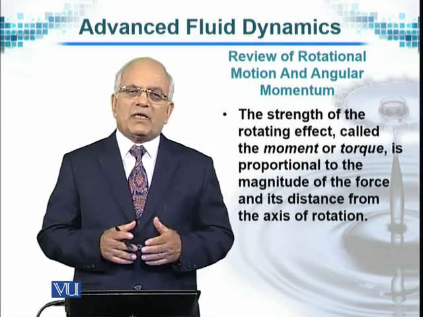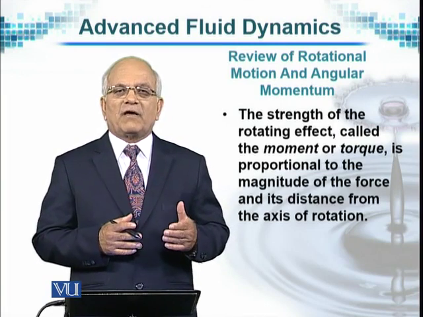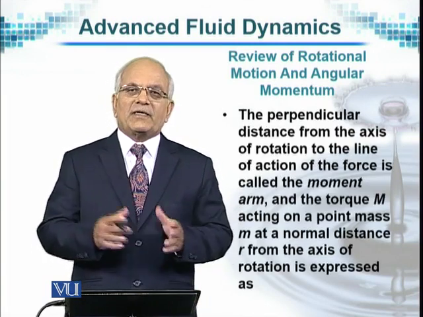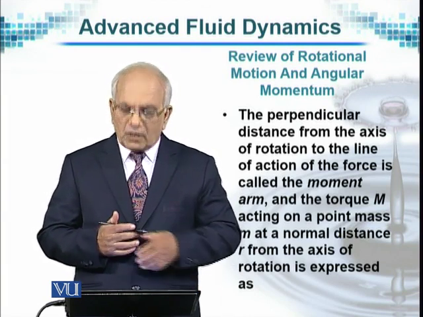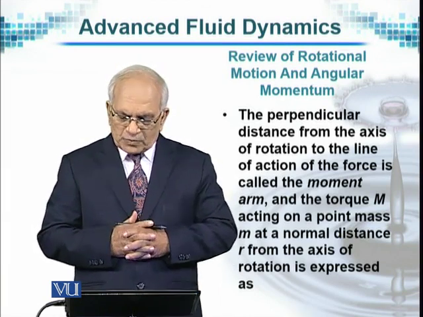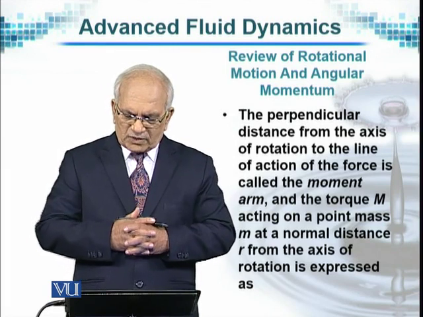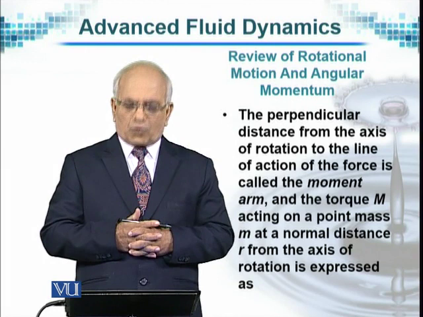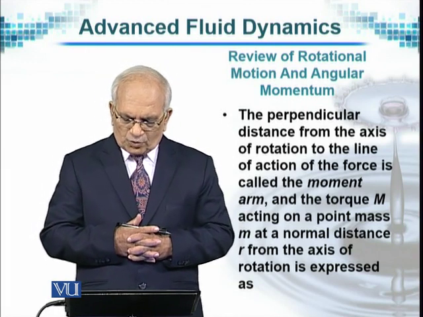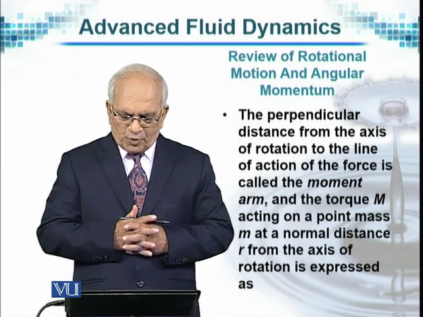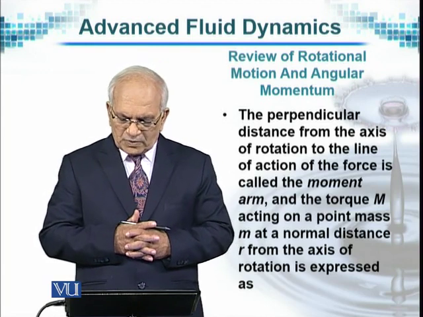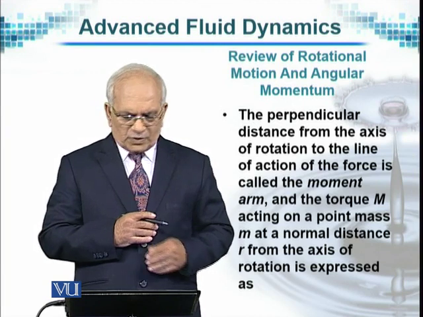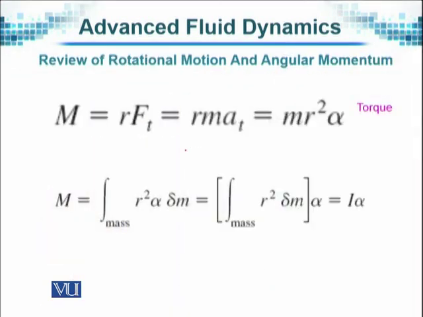So it's very similar to F is equal to ma, only we write it in terms of rotational terminology. The perpendicular distance from the axis of rotation to the line of action of the force is called the moment arm, and the torque M acting on a point mass m at a normal distance r from the axis of rotation is expressed as